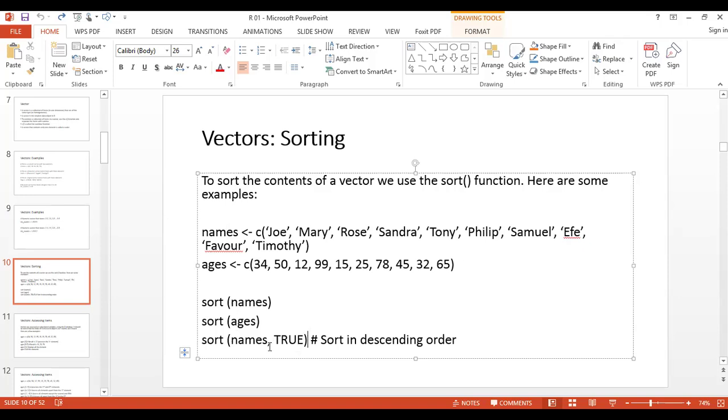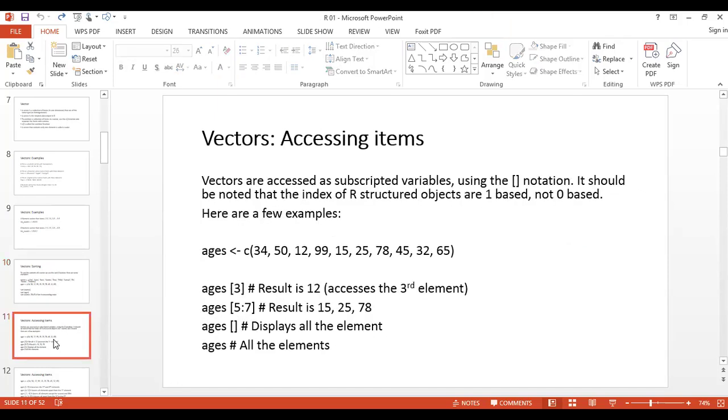If you say sort and you say comma TRUE, this TRUE means descending. So if you do this, it will sort names in descending order. But the default is to sort in ascending order. So to sort in ascending order, you either just say sort names, or you say sort names and write FALSE here. So that's how to sort